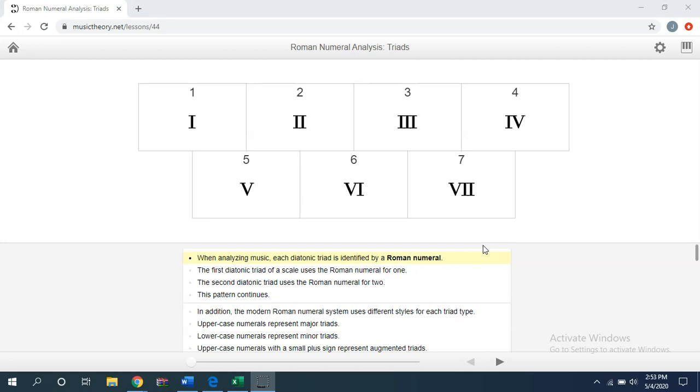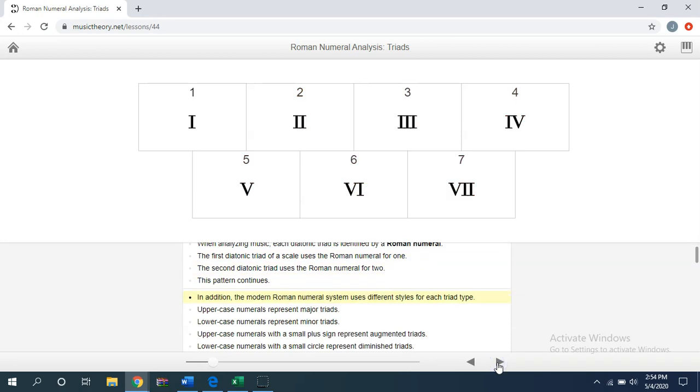So remember, in a major key, we have 8 chords, 8 triads that show up. Each of them has a Roman numeral that is associated with it. Today we're going to focus on major keys and minor keys only. Keep it simple. So, each triad is going to be identified by a Roman numeral, 1 through 7. The diatonic triad, the very first one, uses 1, second uses 2, and the pattern continues 3, 4, 5, 6,